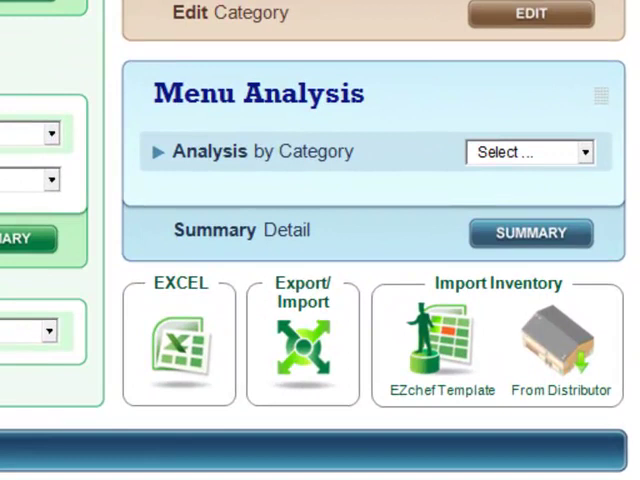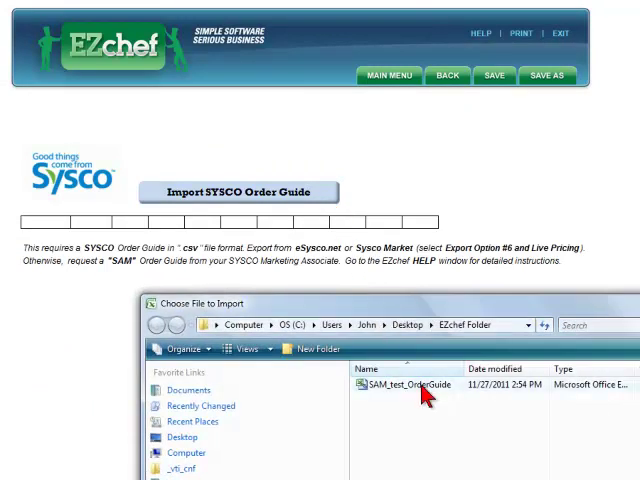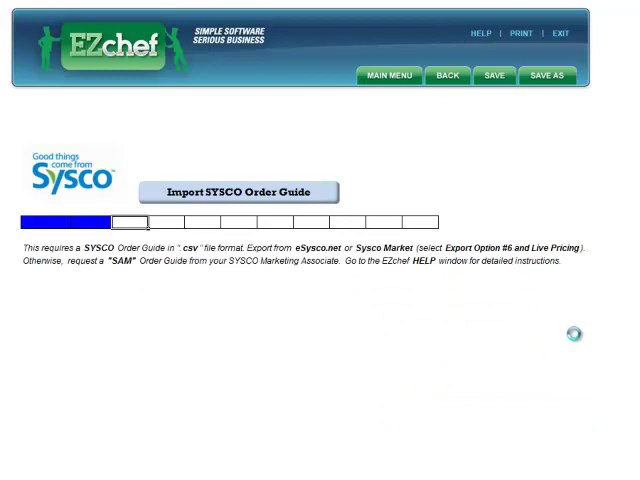If you're a customer of a growing list of national and regional food service distributors, you can purchase a vendor version of EZchef and import a unique list of your restaurant's inventory items with current pricing directly from an order guide obtained from the company. This import procedure can be repeated as frequently as you like to add new products and to automatically update all